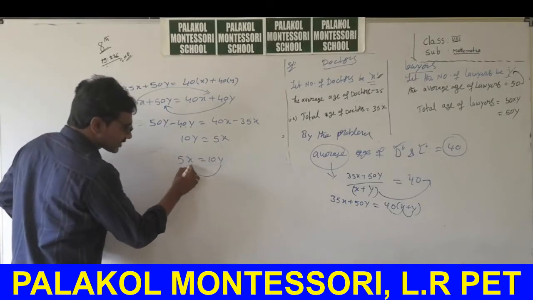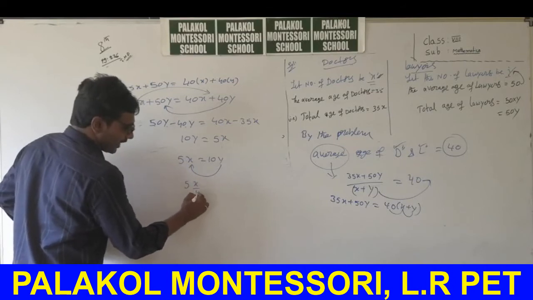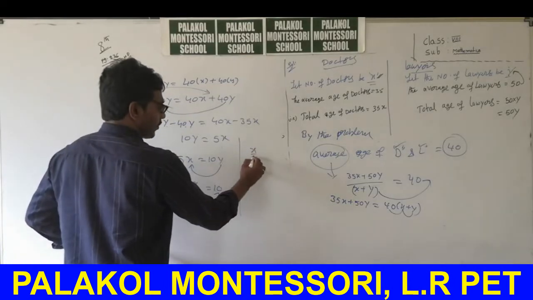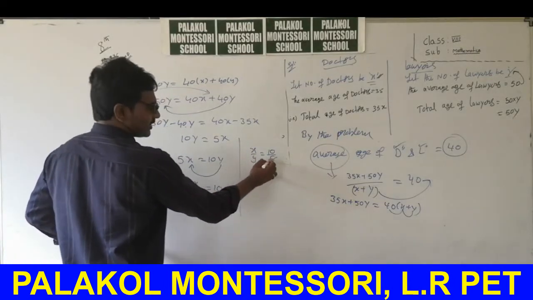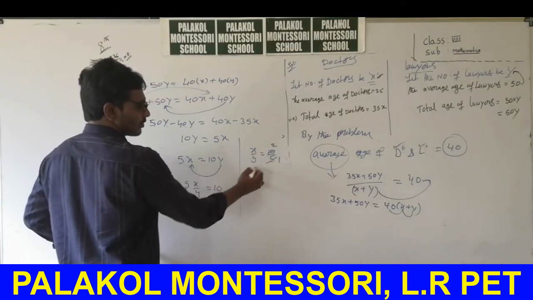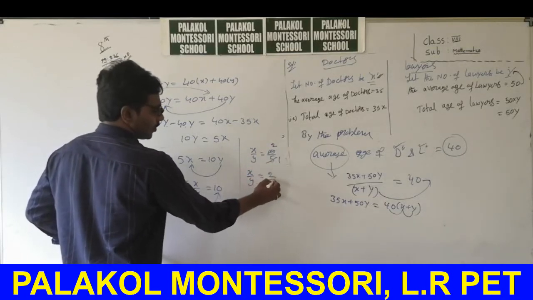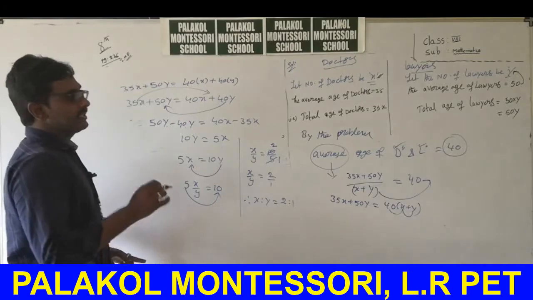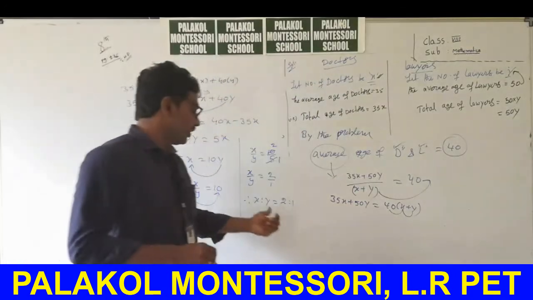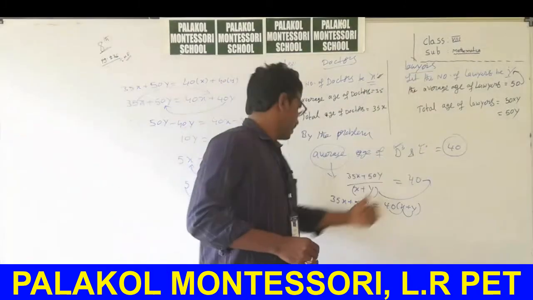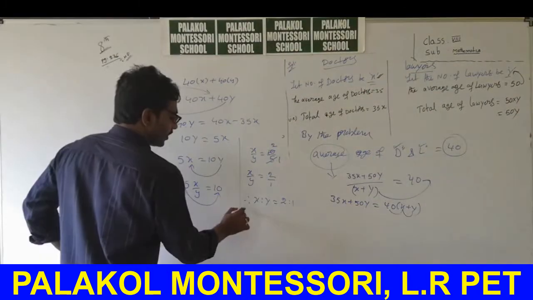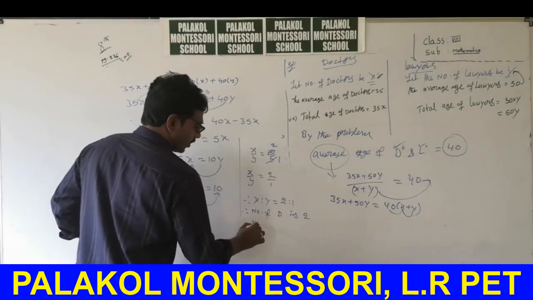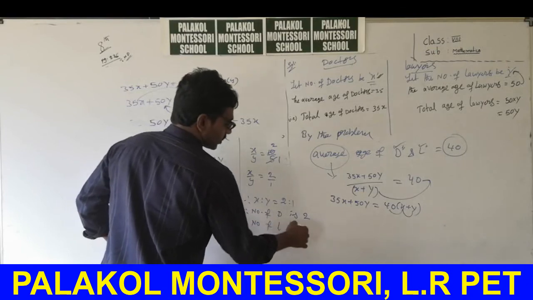Now y is sent this side, so x by y is equal to 10 by 5. The 5 is sent this side. So x by y is equal to 10 by 5. This is the 5 table, cancel one time, this is 2 terms, x by y is equal to 2 by 1. That means x is to y is equal to 2 is to 1. In this case how many daughters are there? Only 2 daughters. How many lawyers are there? Only 1 lawyer. So finally the number of daughters is 2, the number of lawyers is 1, the ratio.